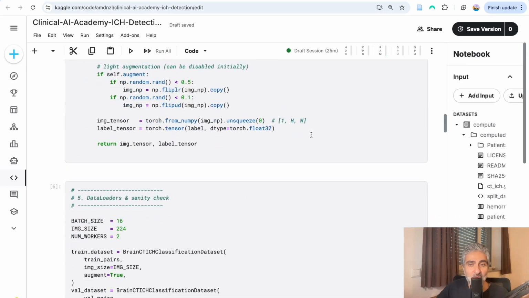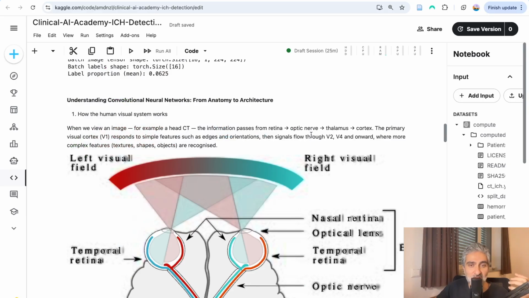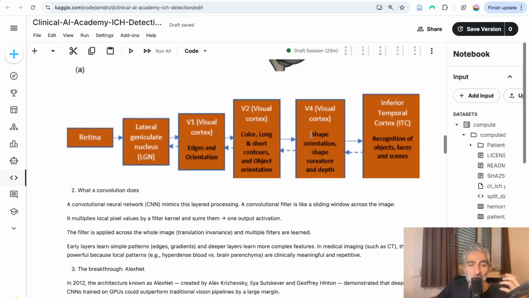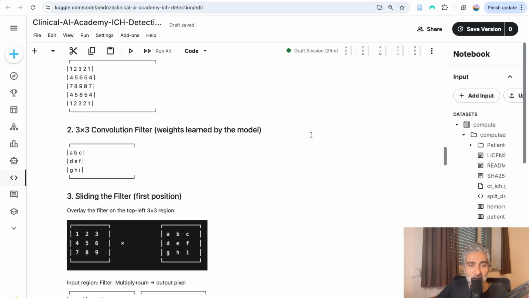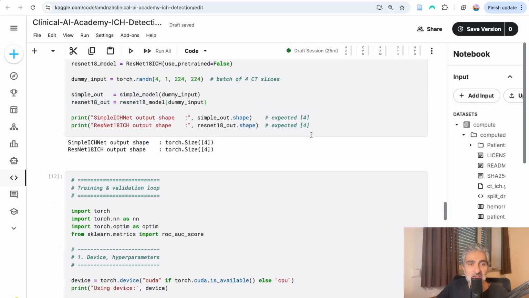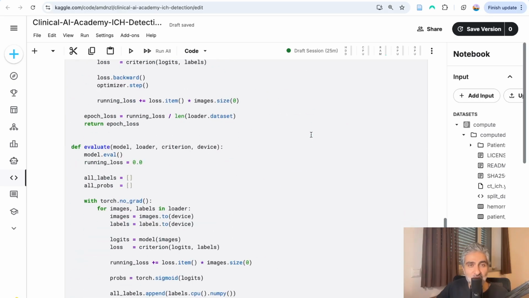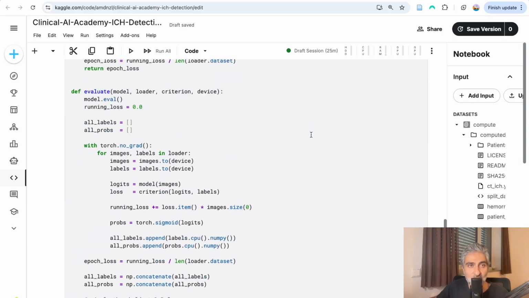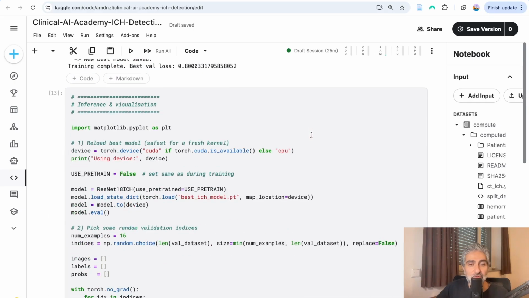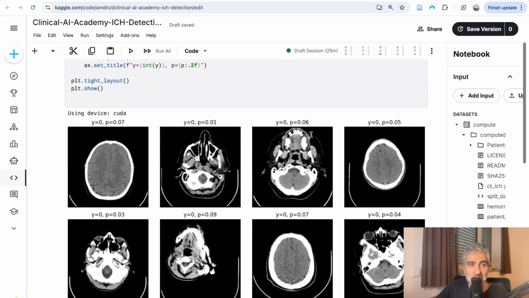So what we did, we loaded the data set, we used those data loaders, and then we introduced how the visual system works and how convolution works, and tried to contrast both of them, and trained the neural network, built a dummy one, then used ResNet 18, then trained and visualized. So the differences, we tried to make sense of loss, accuracy, and why accuracy is sometimes not sensitive, and why you need area under the curve. And then we used visualization techniques like heat maps and GradCam to look at the data